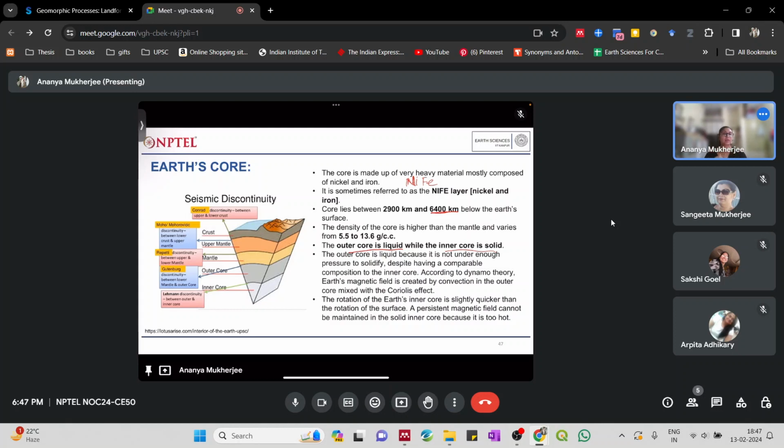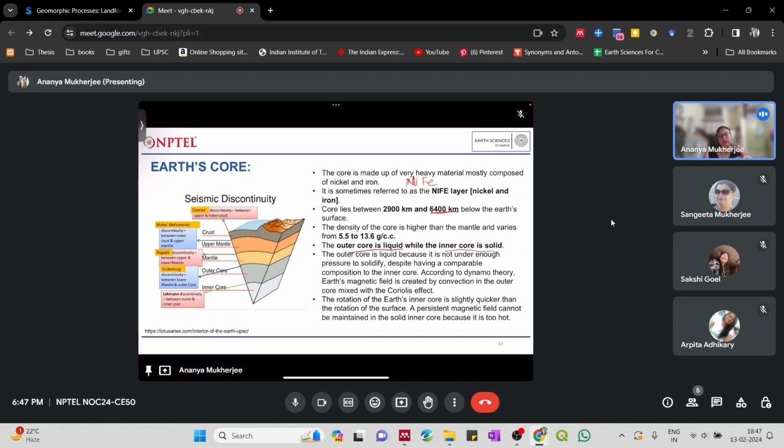But even for a material to generate the magnetic field, there is a certain temperature range that needs to be maintained. So the inner core, as we go towards the center of the earth, the temperature is too high,